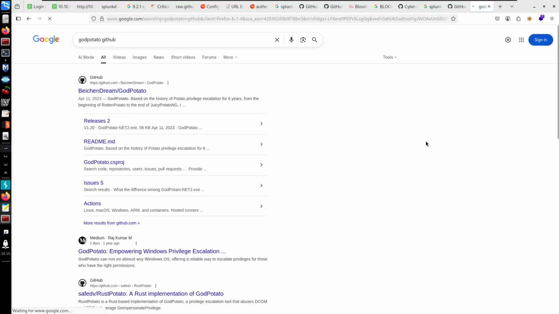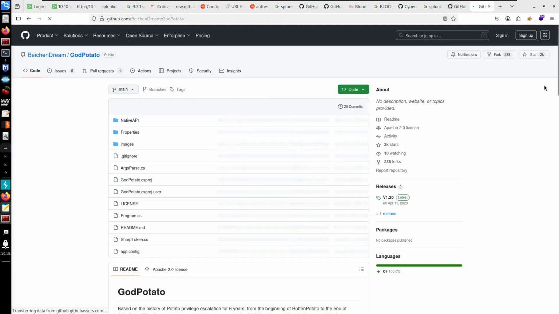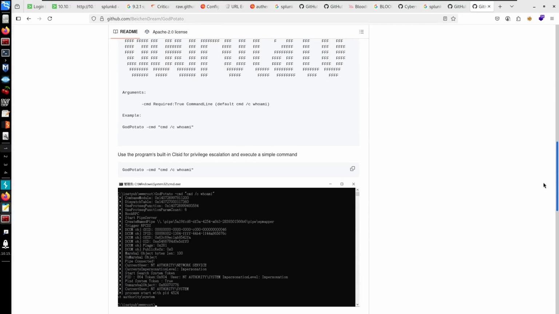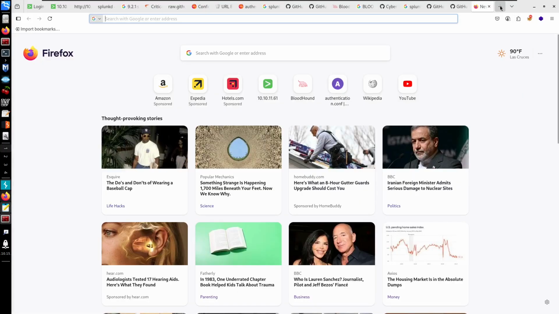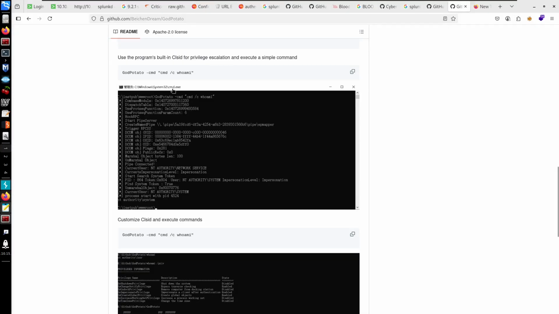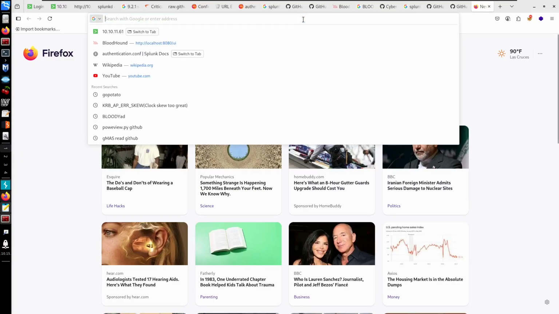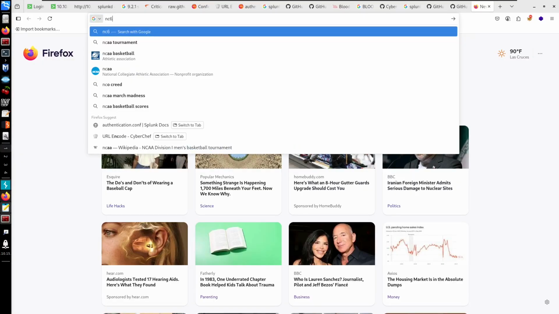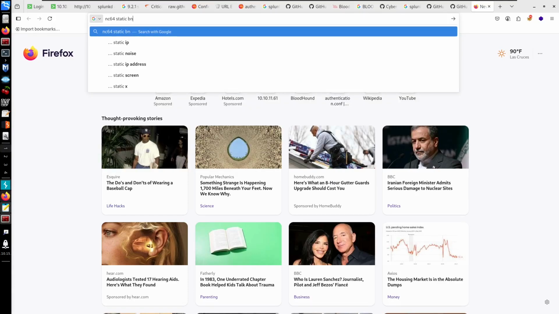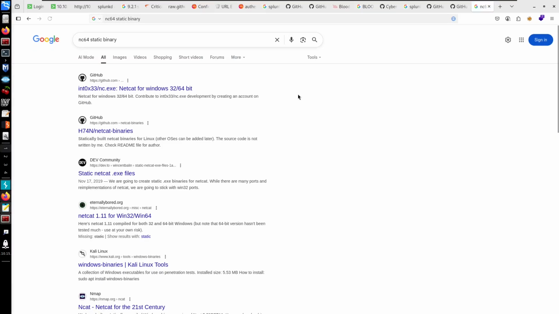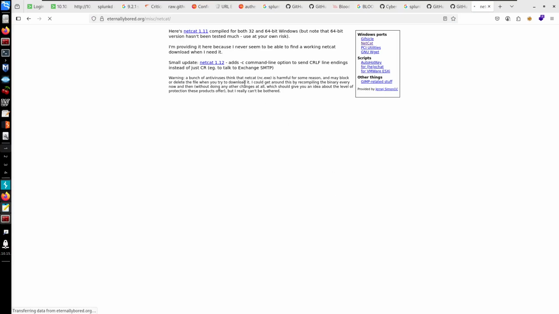We can use this one right here, which allows us to run a cmd. However, since we can specify an argument for the command, like cmd for whoami, I want to specify a netcat. So I'll do a netcat 64 static binary. Usually static binaries you can run